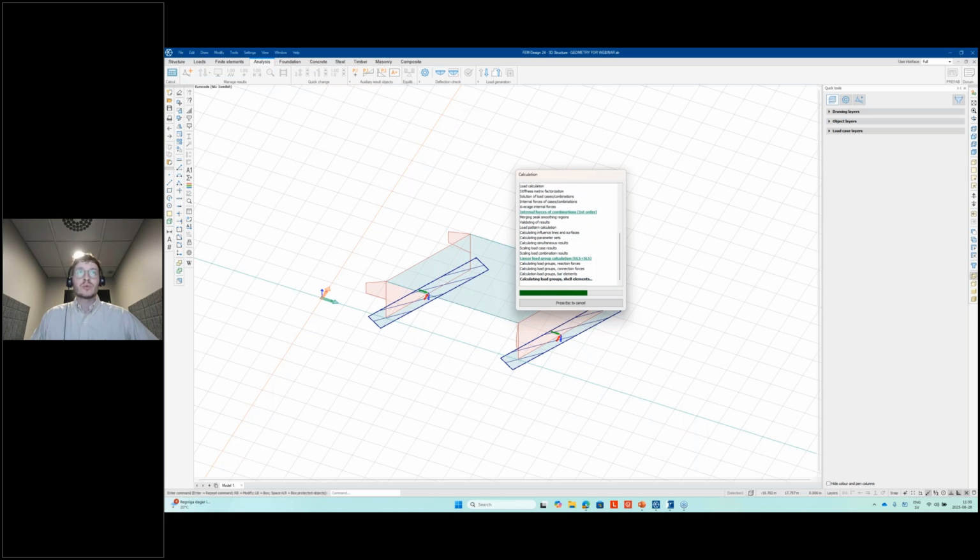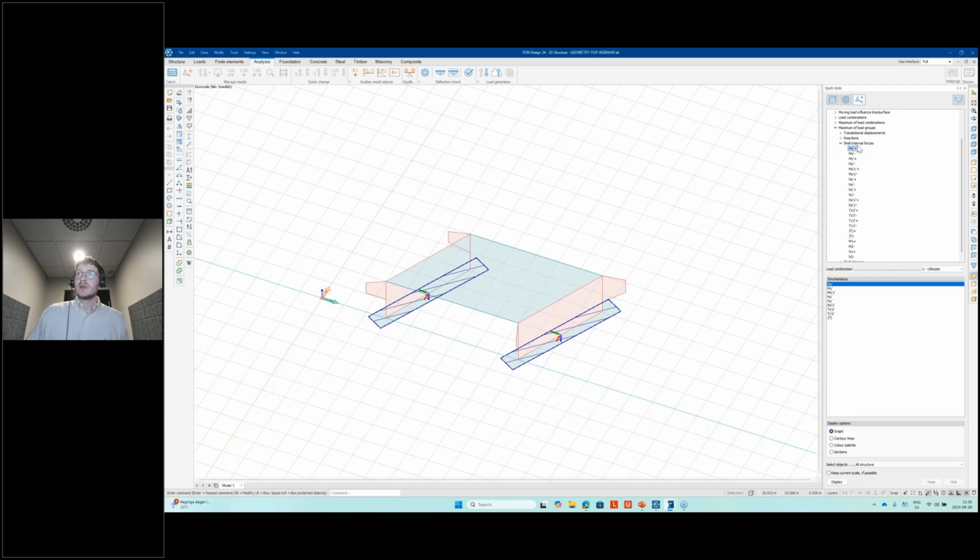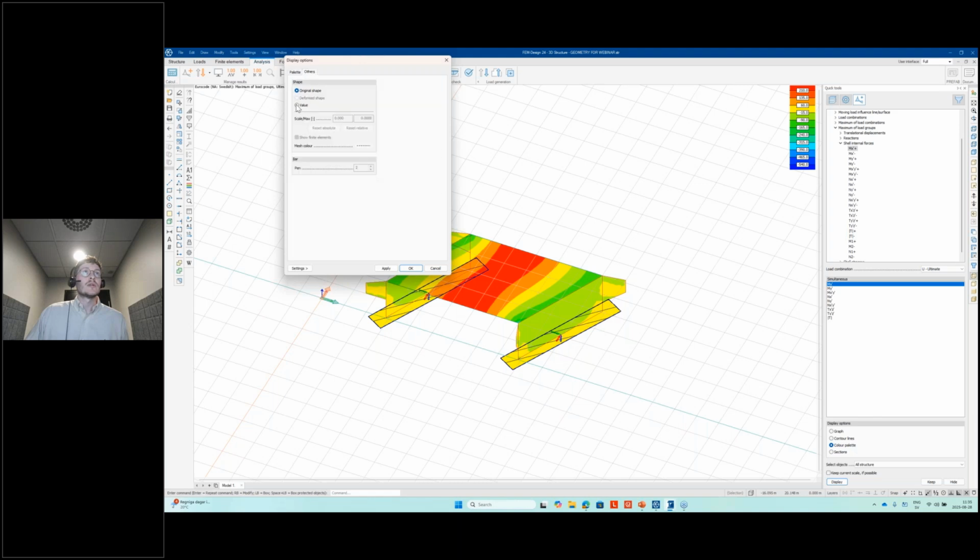Should be just a few seconds here. Okay. So let's go look at some results. The most interesting part, I think, for you guys will be the maximum of load groups when we look at our traffic loads specifically. So we will look at the moment in X direction. Scaling